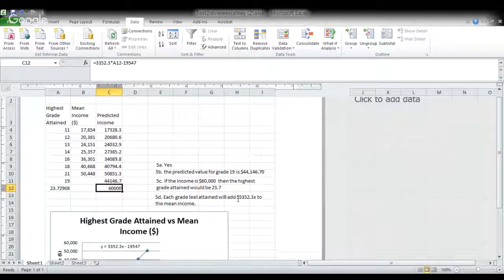So this will add that amount of money, $3,352.3 to each mean income, each grade level that you attain. Okay, that should say level right there. But to the mean income. So it's per 1 year. That's what that slope is, per 1 year. So your change in X is under, right? It's in the denominator. And so that's the way you would interpret that. So I hope that helps with the